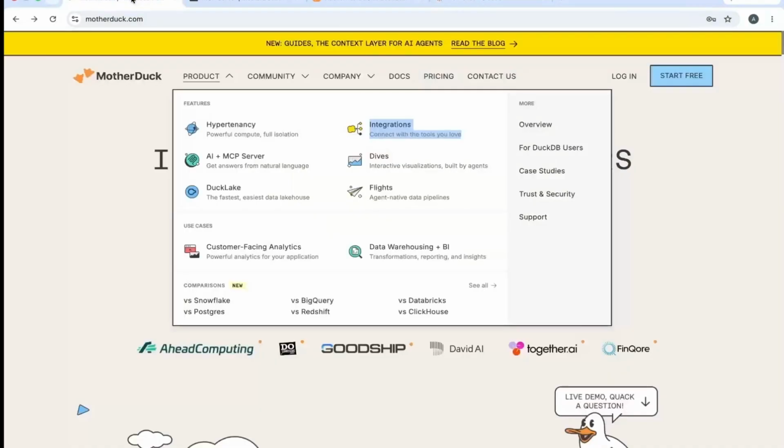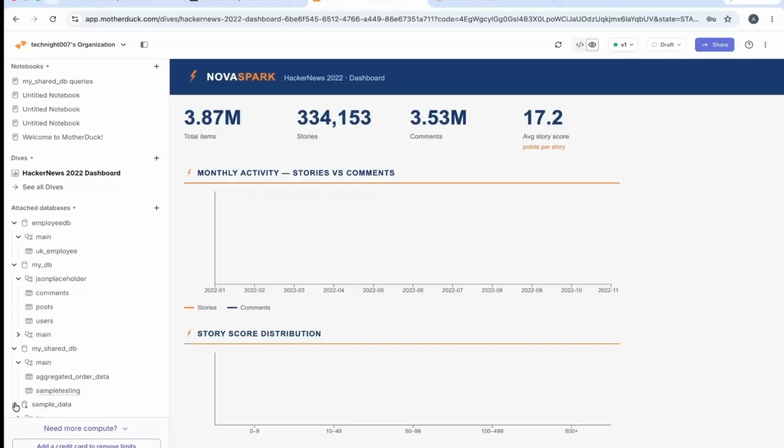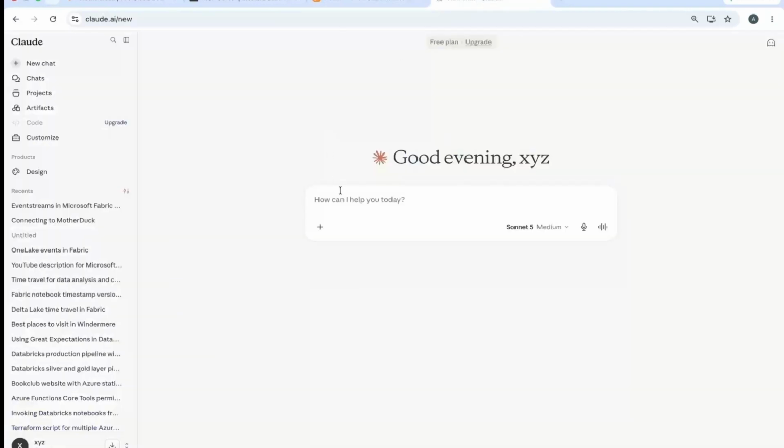So I will just go to my MotherDuck account here. And let's see which table we can use. Sample data. Let's see sample data. So in the sample data, we have something called Stack Overflow Survey. Let's create, okay? So we can simply say, create a dive